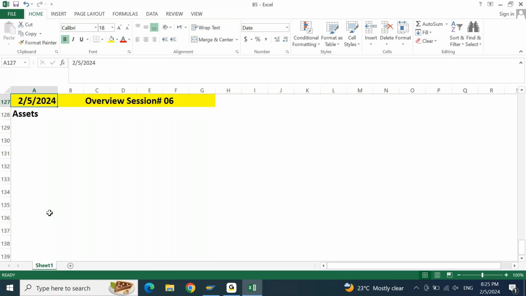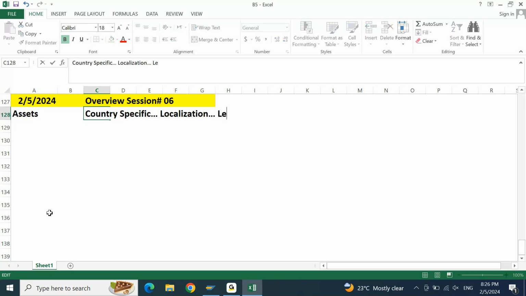When I say this is a little tricky point, this is something which is your country specific object. Whenever you talk about asset accounting, the first point you need to understand is that this is country specific, and whatever is country specific is usually called localization. This is also called legal requirement. We are talking about things that are particularly applicable to a particular country.